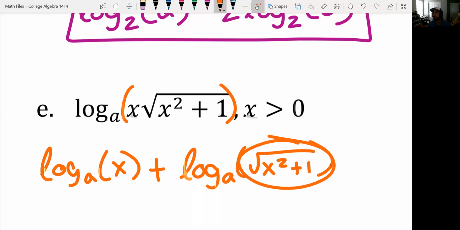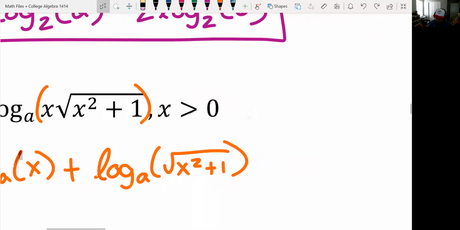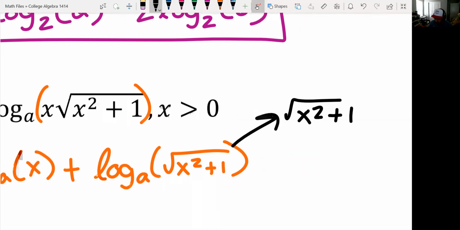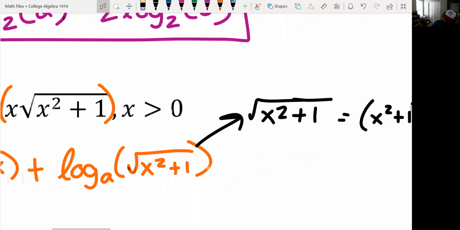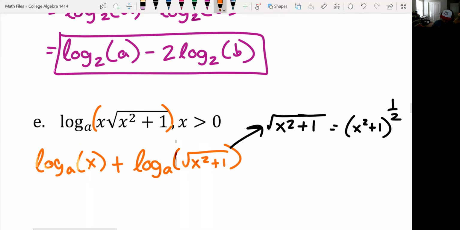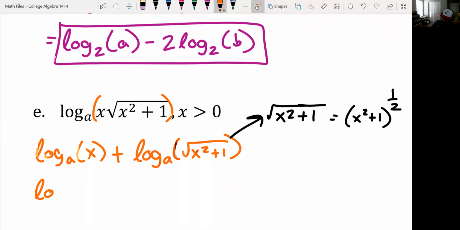We can rewrite any radical as an exponential power. So what we're going to do with this one is that the square root of x squared plus 1 is the same as x squared plus 1 to the 1/2. So that's what we're going to use here. So can't do anything for log base a of x, but we can rewrite the square root as x squared plus 1